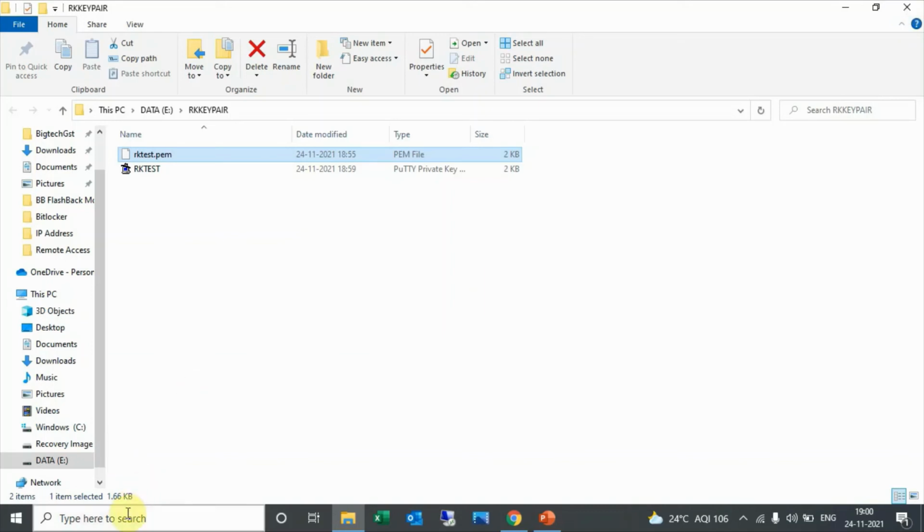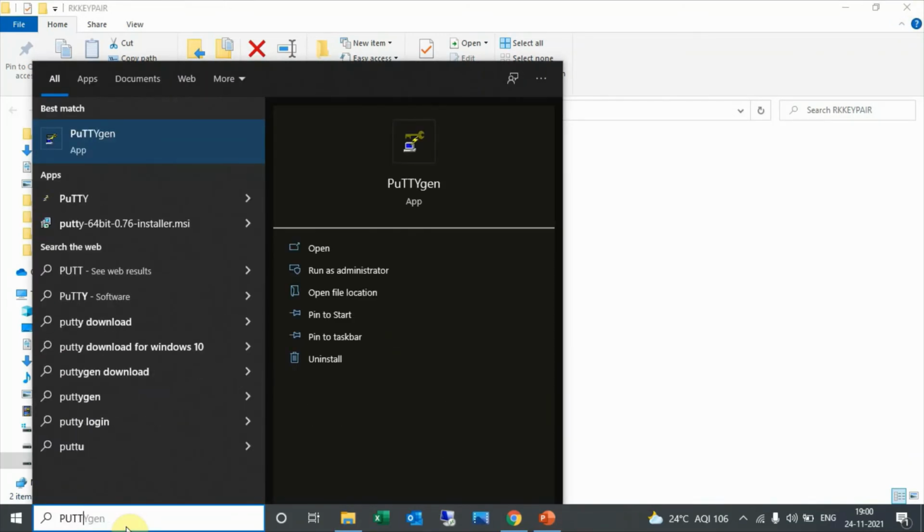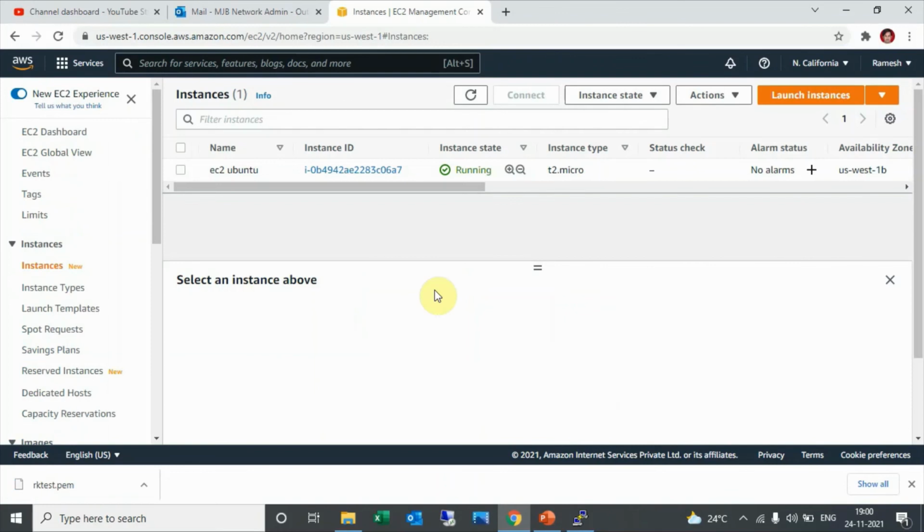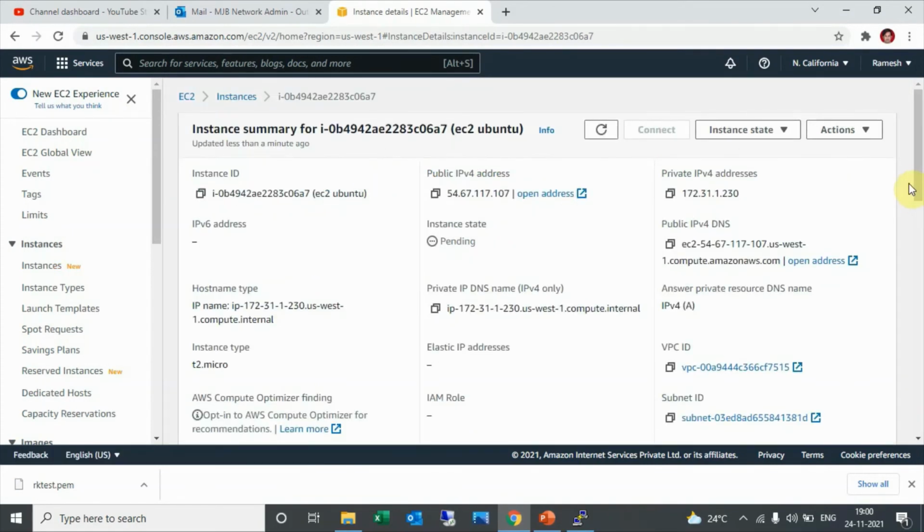To connect to the EC2 instance, just open the PuTTY application and go to the EC2 instance. Open the EC2 instance. See, the public DNS is there. The DNS name came with the IP address. This is the public IP address of our instance. We can connect with this public IP address, and we can use this domain name also. I will copy my public domain name